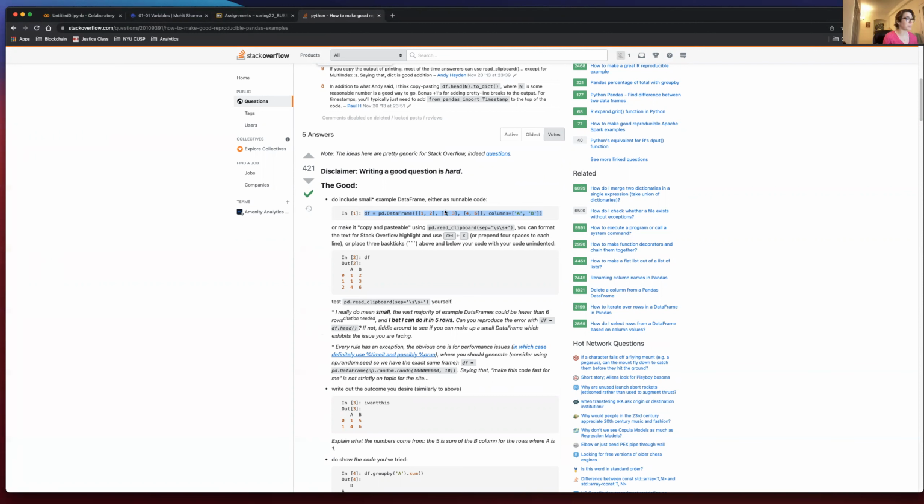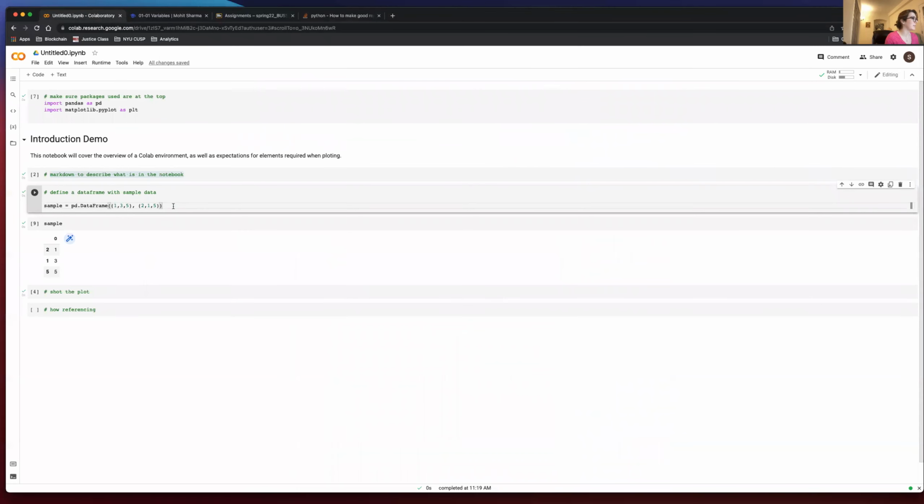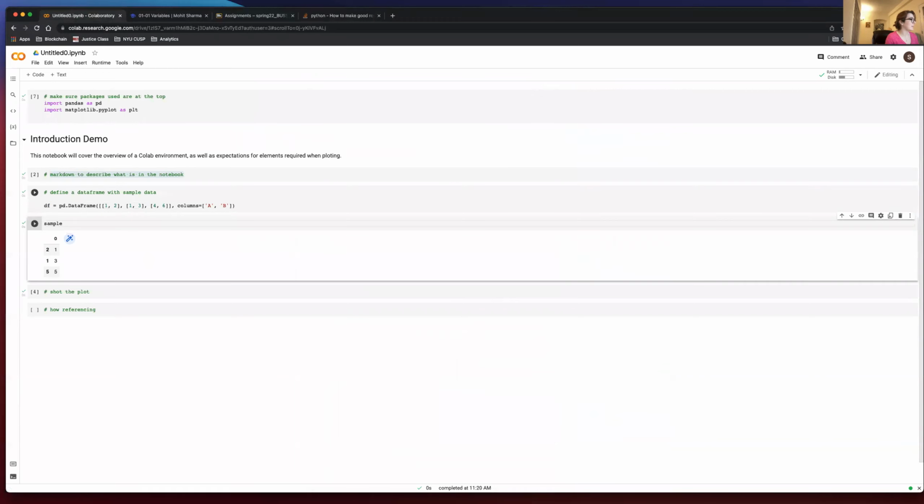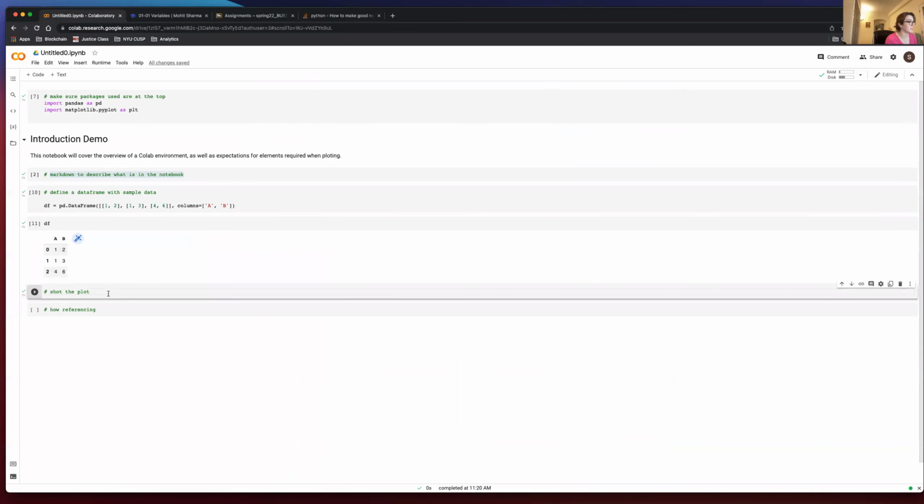Okay, so I'm just copying and pasting this one line. That'll just make us a better data frame than what I had here. So we'll save this as data frame. And now let's see what that looks like. So I just overrode the example of data frame. And now we have something that looks a little bit more user-friendly, of 2 columns, A and B, and these are the different variables. So now let's just plot this